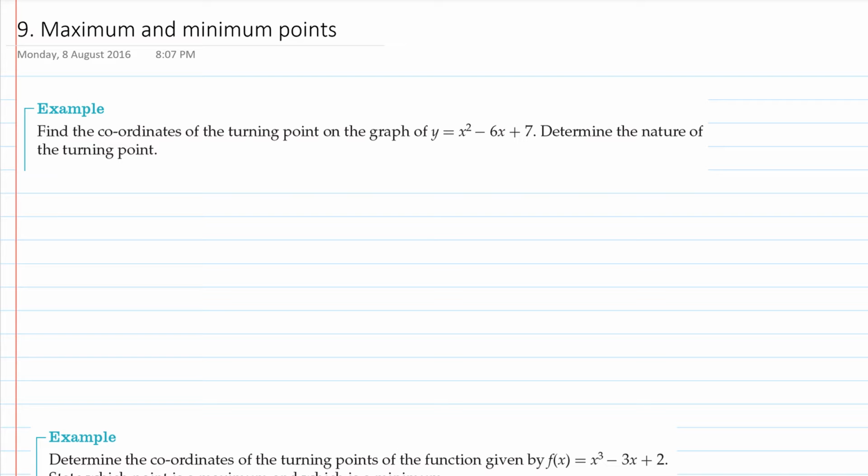Hi everyone, in this video we are looking at finding maximum and minimum points using calculus. So in this first example it's asking us to find the coordinates of the turning point of the graph of y equals x squared minus 6x plus 7, and it wants us to determine the nature of that turning